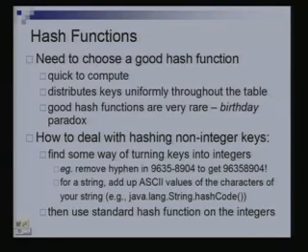Good hash functions are very rare, and there is a famous paradox called the birthday paradox. There would be about 35 or more students sitting in this class, and there is a very high probability, which you can actually compute, that two of you would have the same birthday. Although you would think that there are 365 days in the year, and that there is a very small probability that two would have the same, that is not the case. Even with just 35 people, you would have a fairly high probability that two people have the same birthday. And the same kind of thing is happening here.